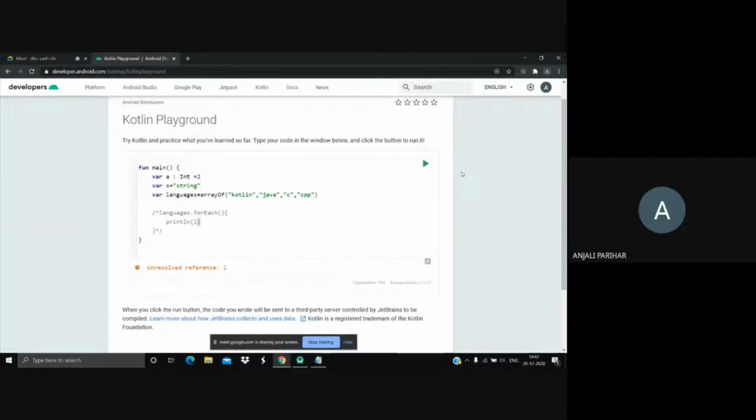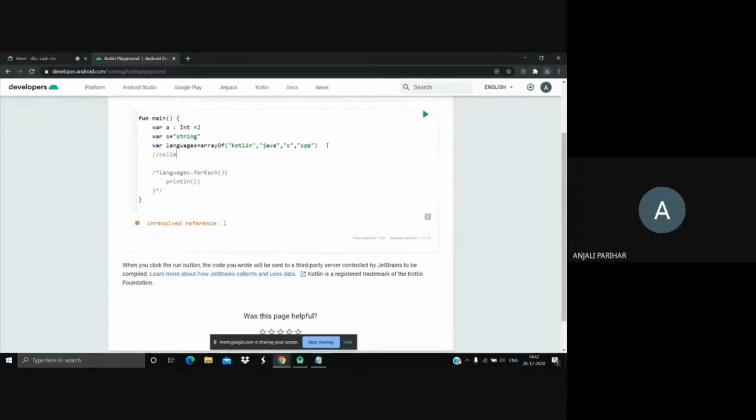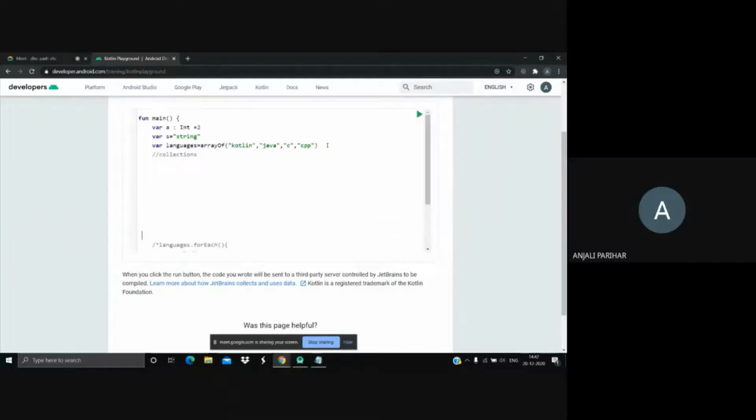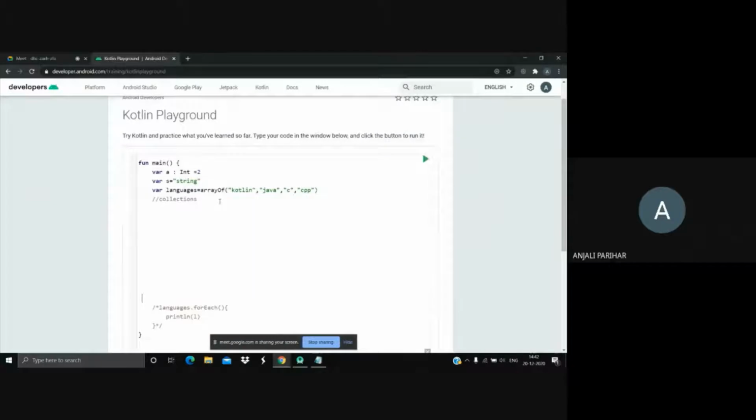Okay, so moving ahead, we have collections now. We dealt with collections like array and string, but these are collections which store data of similar type.